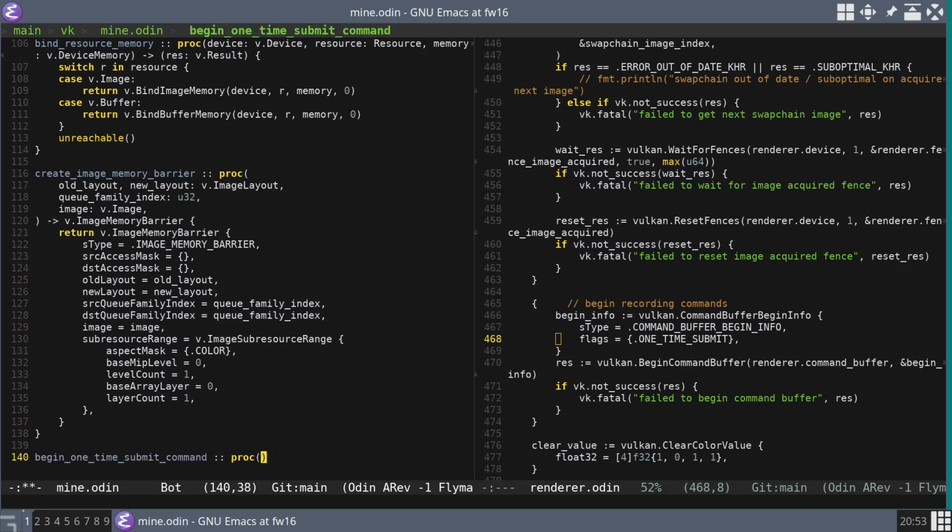So that's going to take a command buffer, which will be a Vulkan command buffer, and it will return